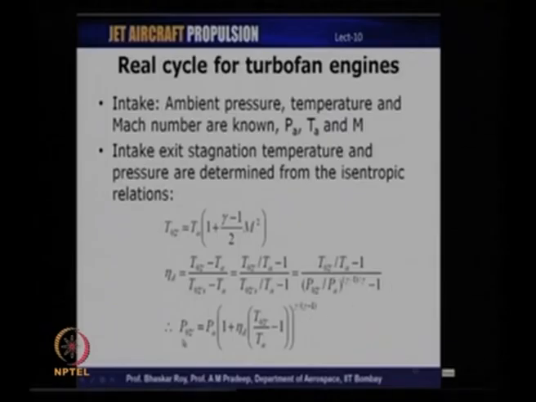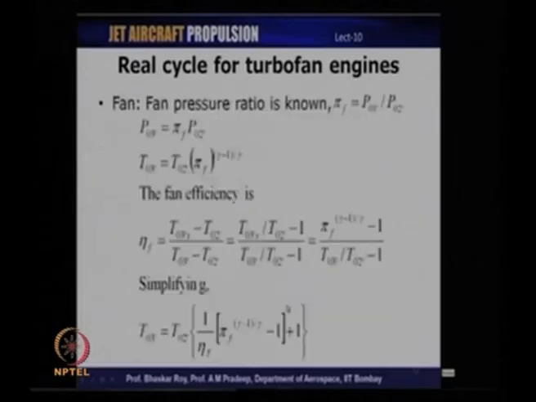Therefore, the intake exit, or the fan inlet stagnation pressure P02 prime, is equal to Pa multiplied by (1 plus eta d into (T02 prime by Ta minus 1)), the whole thing raised to gamma by gamma minus 1. Now, once we calculate the intake exit conditions, which is basically the fan entry conditions,